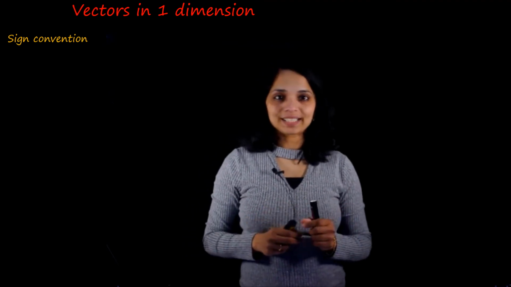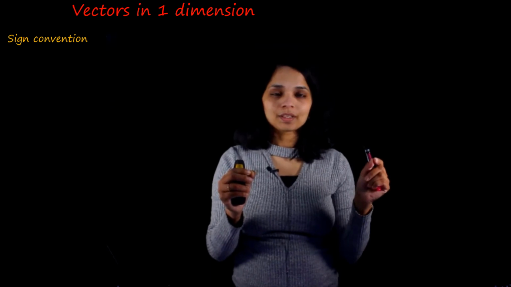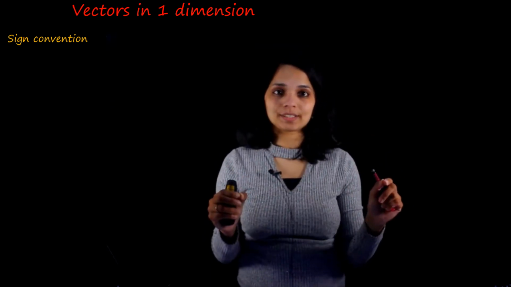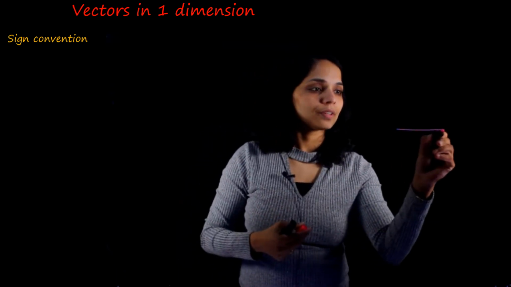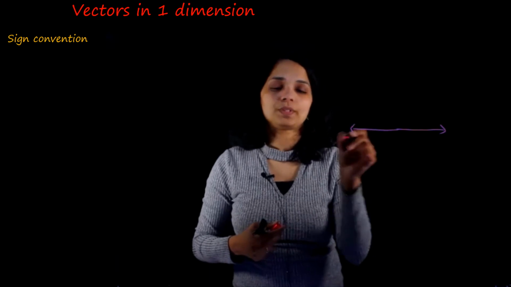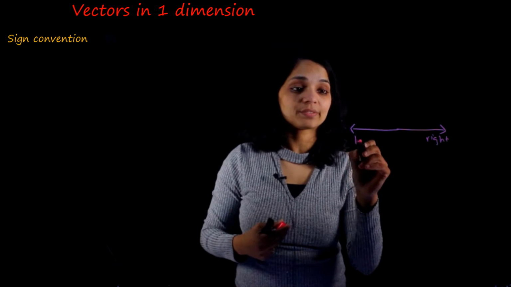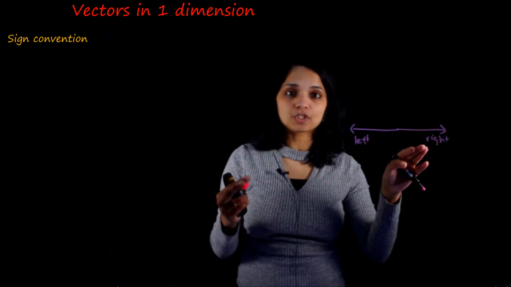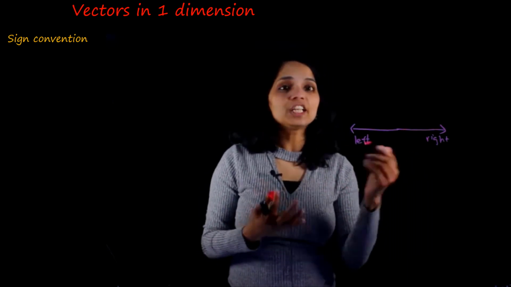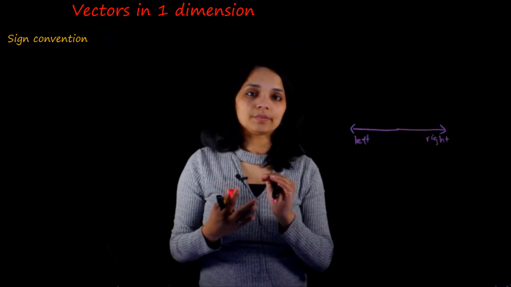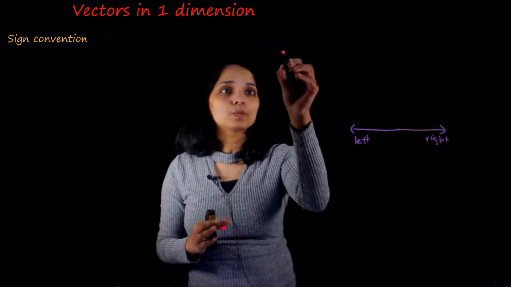The simplest kind of vectors is vectors in one dimension. If there's only one dimension possible, we can have only two directions. For example, if it's a horizontal dimension, you can have this direction or the opposite direction. You can say this is right and this is left. So if I'm talking about motion in one dimension along the horizontal, I can say 3 Newton to the right or 2 Newton to the left. It's very easy in the case of one dimension. Or if it's upwards and downwards, you can say